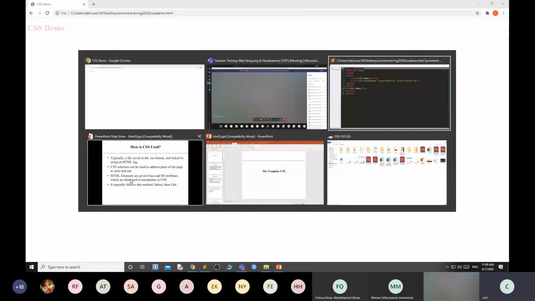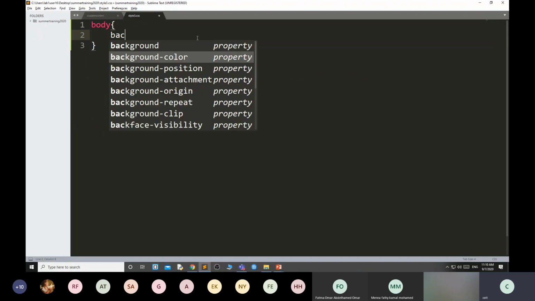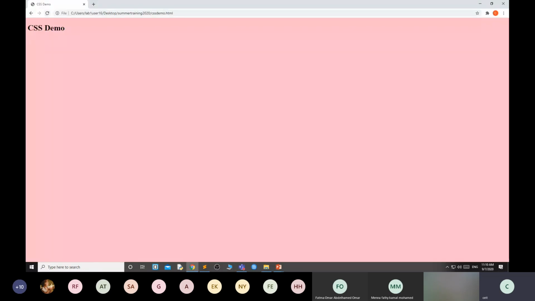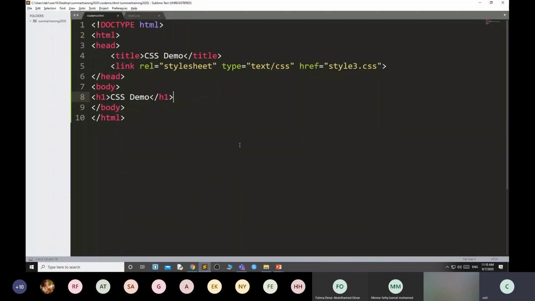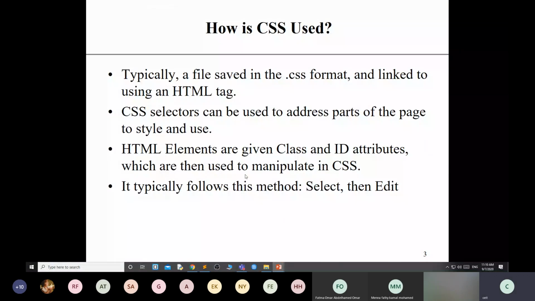If you want to get a pink background, then here you have to write background color pink. If you write only color, it means font color. Now the background color becomes pink. Now we have styled it using the selector. Without a selector, we cannot style the HTML document, the web document. That is known as a selector.